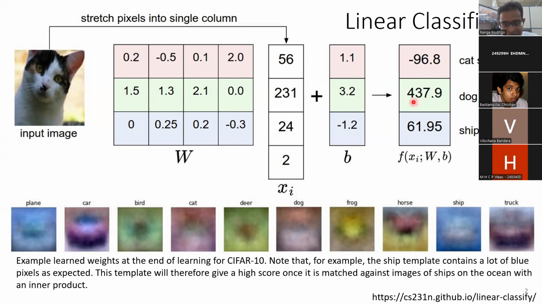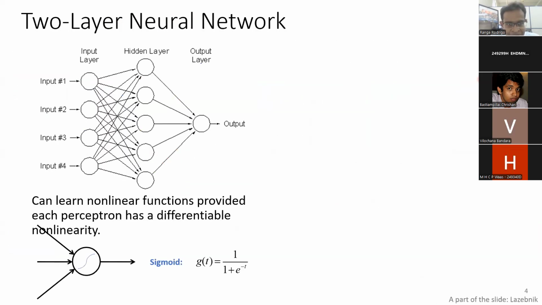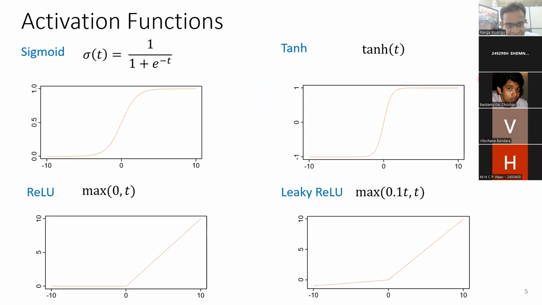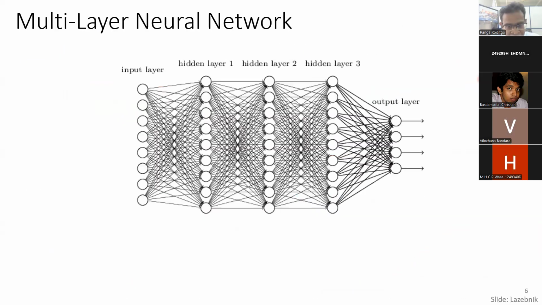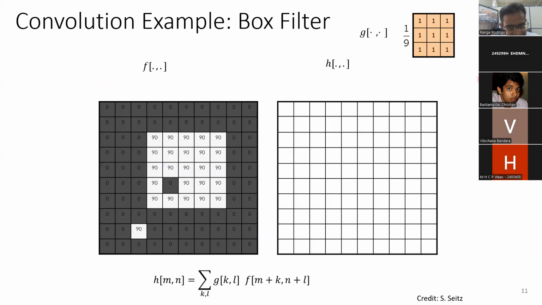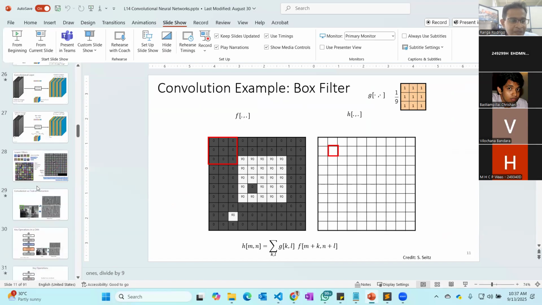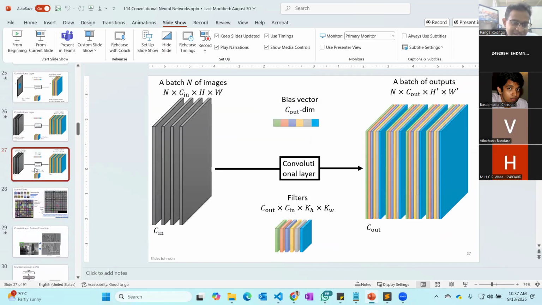Right now, as the dog score is very high, we call it a dog. Now, the problem is these weights are not properly tuned or not optimized. That's why the dog score is high in this case. The cat score should have been higher, right? That we studied. And we studied the perceptron, and we studied activation functions briefly. Today in the afternoon, in the latter part, we will study that further, and we look at gradient descent in slightly more detail. And we looked at convolution, how convolution happens, and we were able to look at the batches,